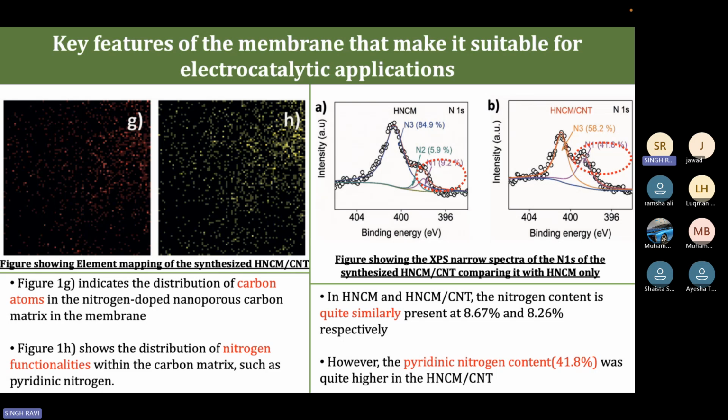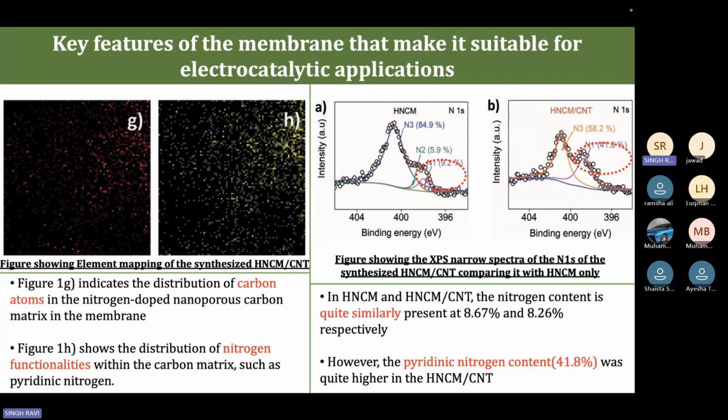In these two different catalysts, we can see a significant difference in the component of pyridinic nitrogen, where in just the carbon membrane, the pyridinic nitrogen content was quite low at 9.2 atom percent, whereas the nitrogen doped carbon membrane along with the carbon nanotube had a good amount of pyridinic nitrogen, 41.8%, as well as if we see the